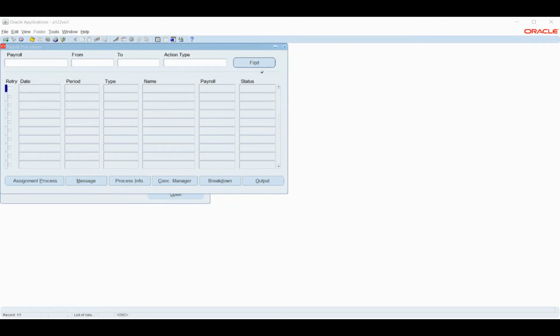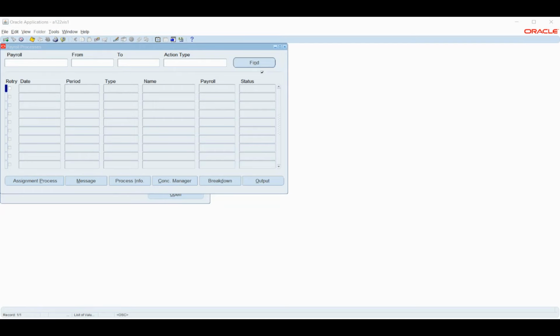Sir, I have one doubt. What is the difference between R12 and Fusion? Is there any difference between the two? Yes, there is a difference. You have a lot of things added into Fusion. For example, if you take employee loading, as a part of implementation we will have to load the employees. This comes under data migration and other approaches. Here, we will need technical support and these things.